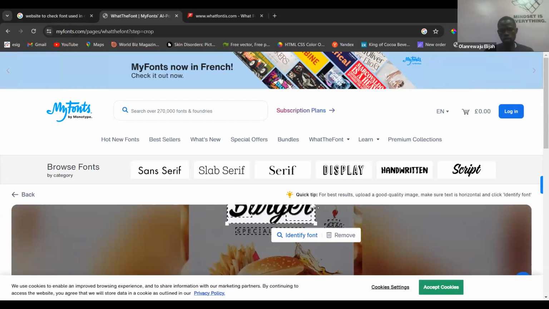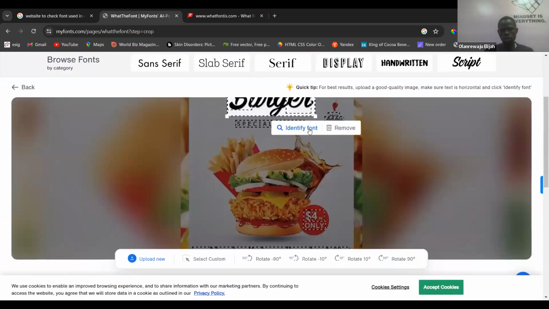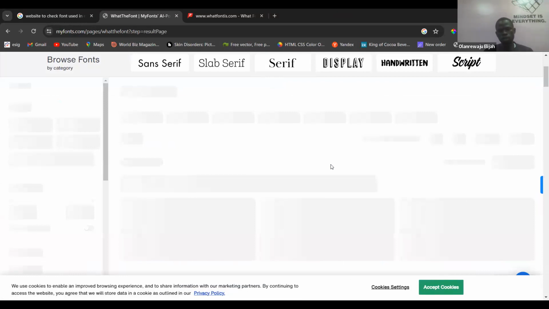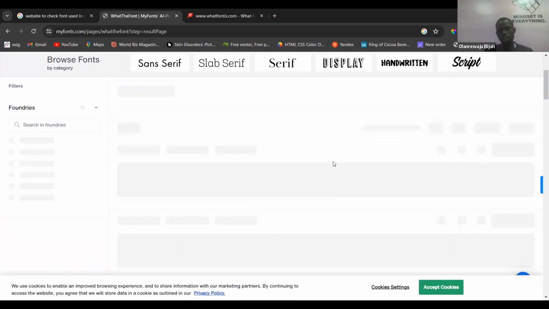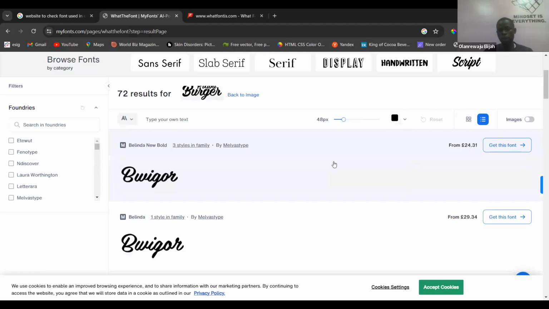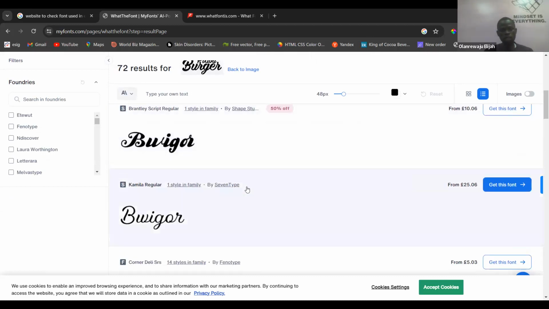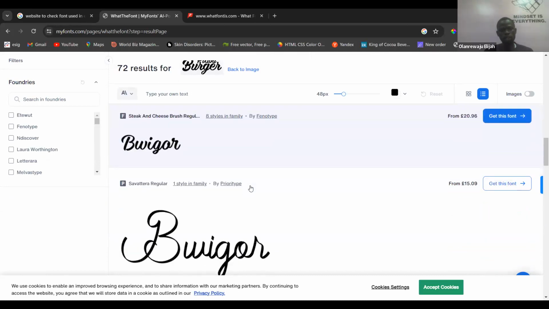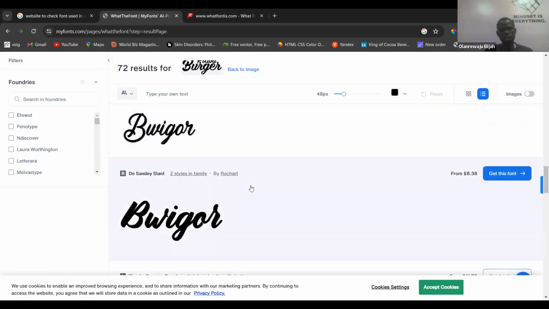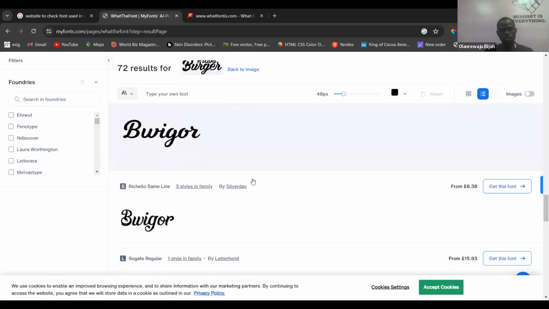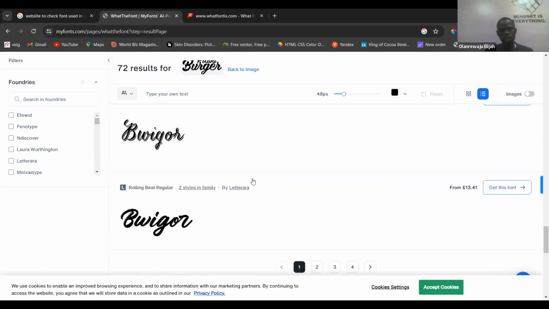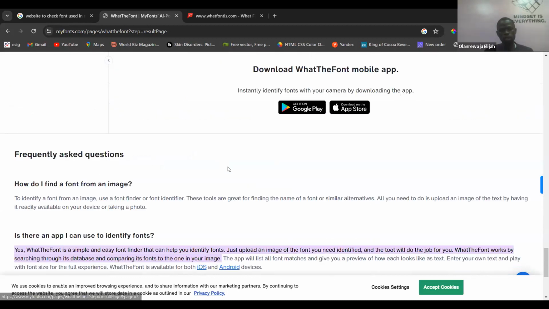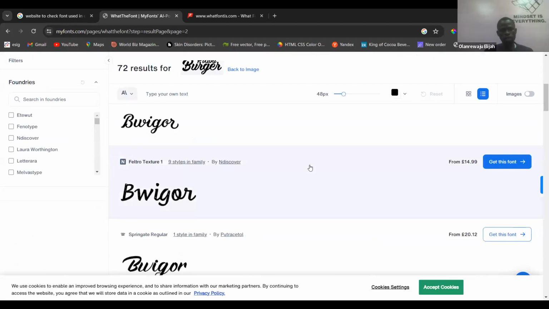So we want to use another one. Okay, identify fonts in your image. There are times that it will ask you to pay. Can you see now? If you don't have money, you just look for the name. If you are able to find it, you just look for the name of the font and go to Google, then search for it, right? So many times that's what we do, especially if you don't have money to buy the font itself, right? So that's what you do.